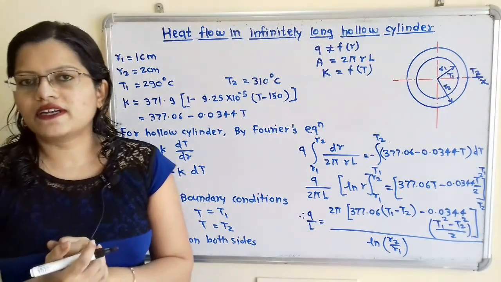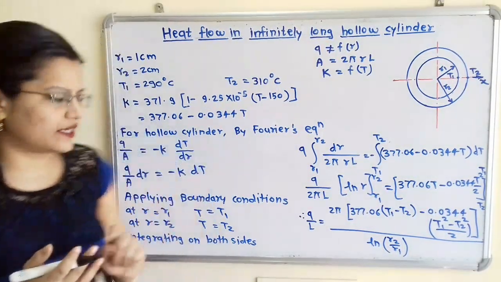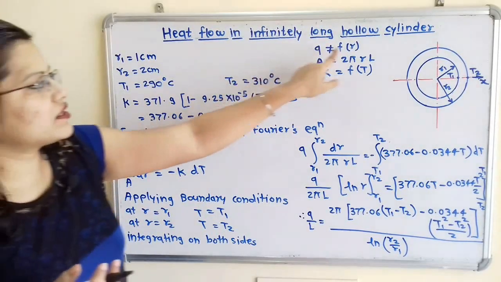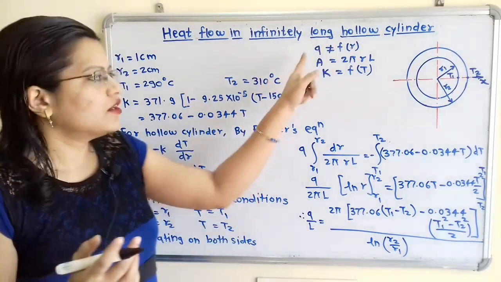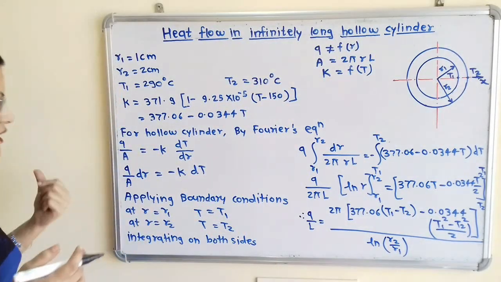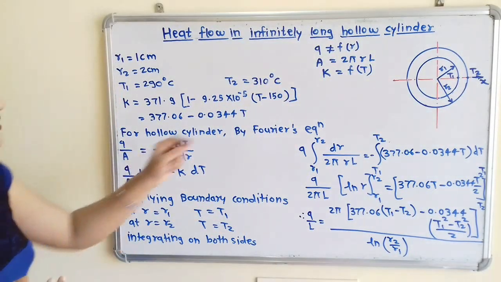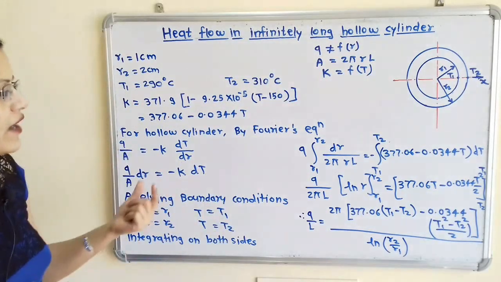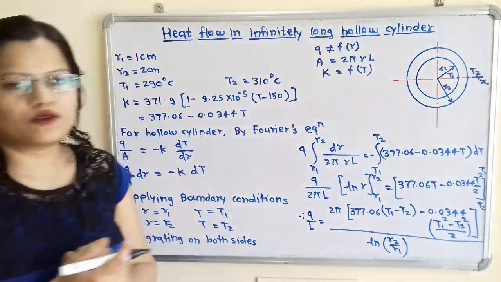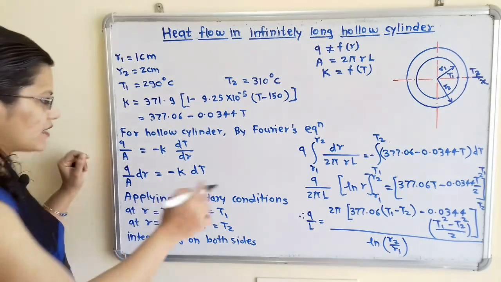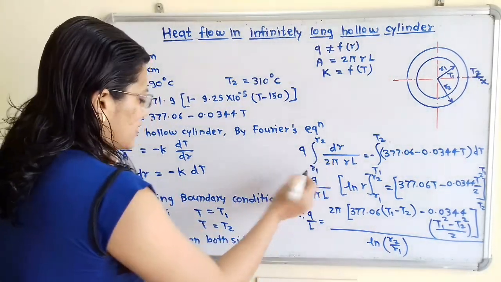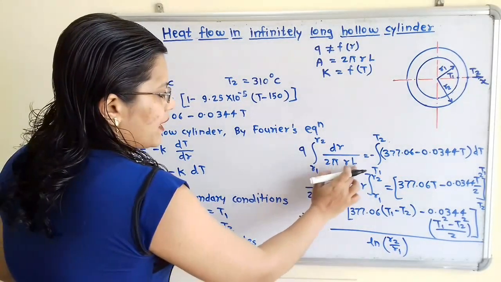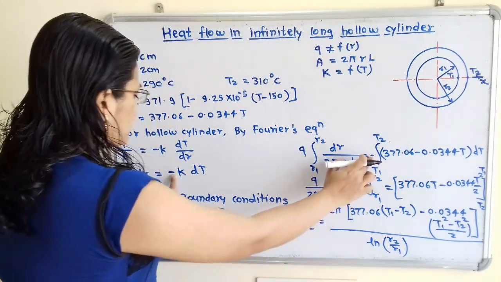Now we will apply these boundary conditions to this equation. For that we will take the integration on both sides. When we take the integration on both sides, Q is not a function of the variable r, so we take Q outside. Then here A is equal to 2 pi r L, so 2 pi L is also constant, and we take 2 pi L outside the integration. So how can we write this? That is Q, integration of r1 to r2, dr by 2 pi r L,